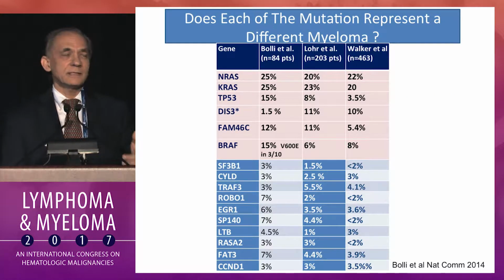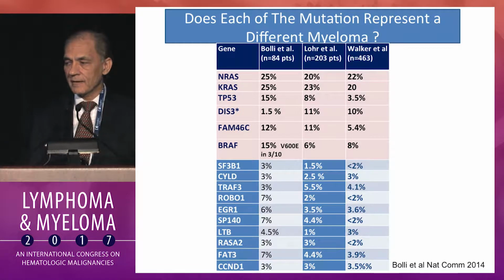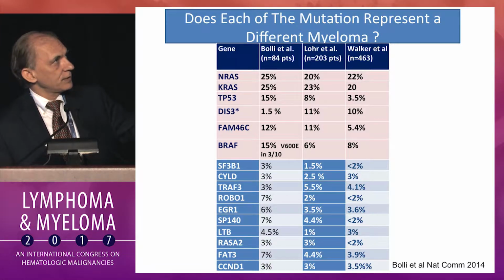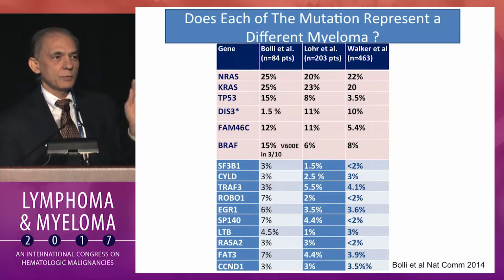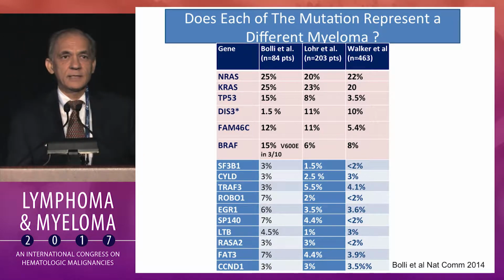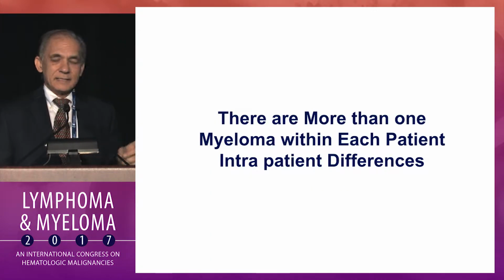So what are the mutations? These are the list of commonly mutated genes: RAS, RAF, P53, FAM46, etc. And theoretically, each of these mutations can create a distinct myeloma. So we may not have every myeloma patient separate, but all those with KRAS mutation may have one disease with some similarity that can be targeted in a specific way. It's not so,